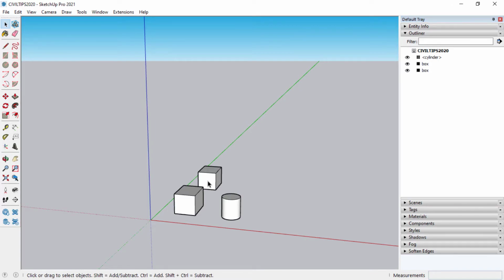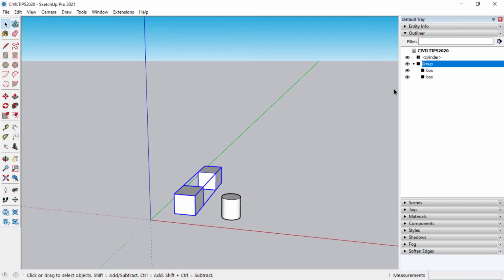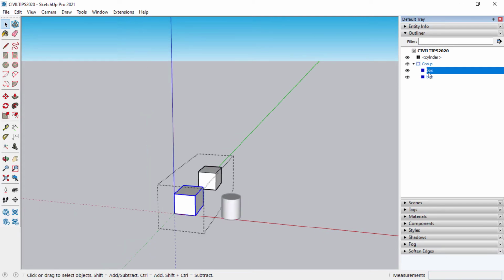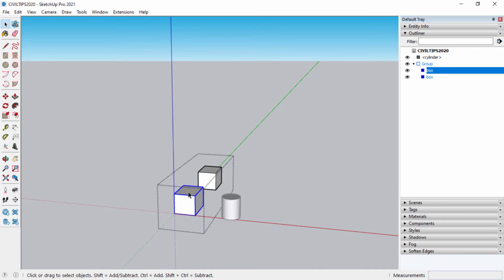And also if I make these two one group, you can see here it automatically forms the group of items. You can easily turn off and turn on, or you can control everything one by one. Okay, this is a very easy method to control your groups and components. And also you can select an individual item or a full group, and you can edit it